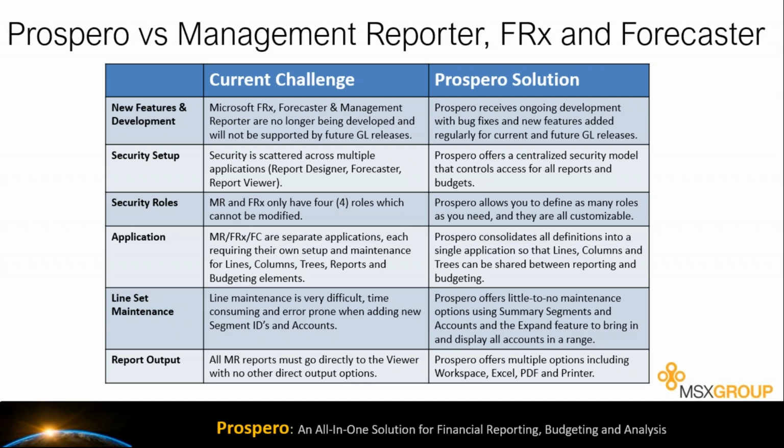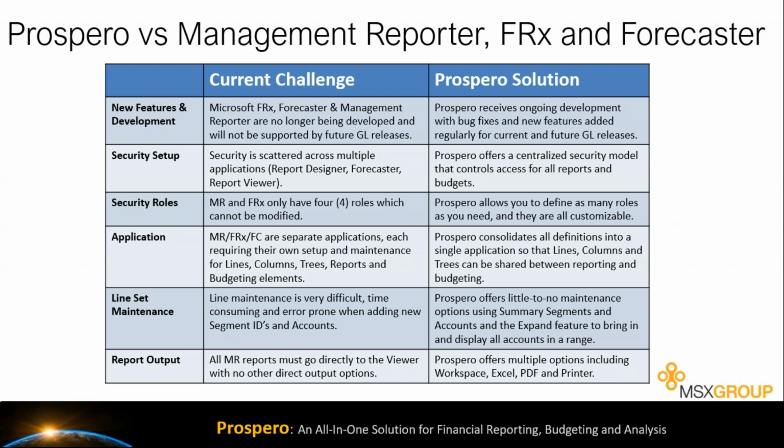We've got summary accounts, which you can set to automatically expand. So you can build your account summaries using wildcards or ranges of accounts. You can reference that summary in your line set and have it automatically expand and show you all the accounts that roll up into it. That way, if you ever add a new account, it automatically gets included in that report when it runs. That row, the summary row, expands automatically. If you build it with ranges, it knows to catch those new accounts. So you can really use those to reduce maintenance in your reporting setup.